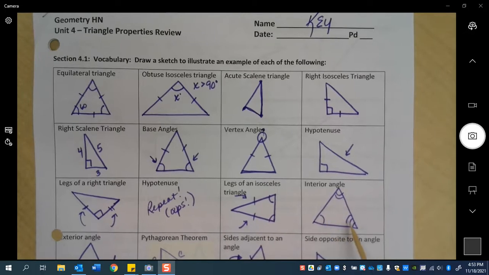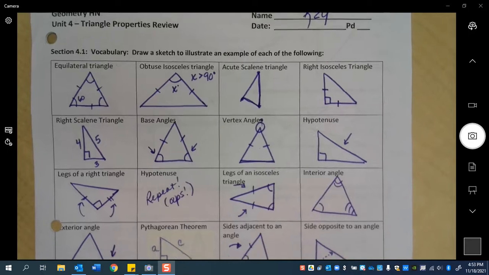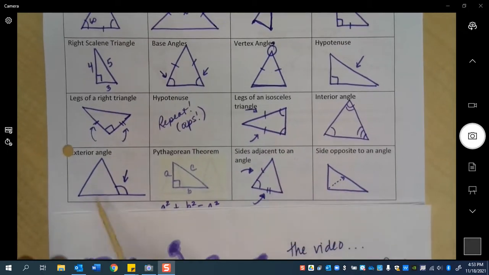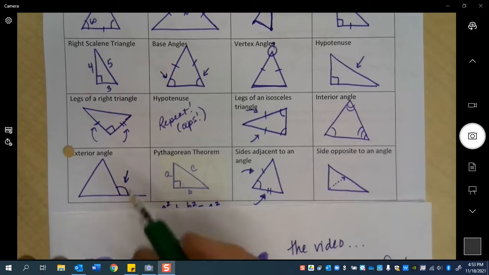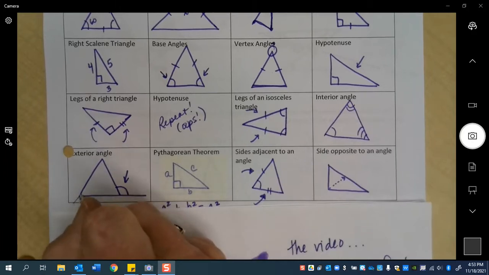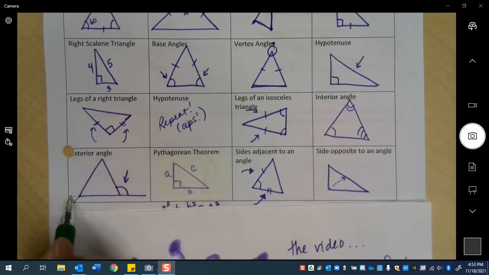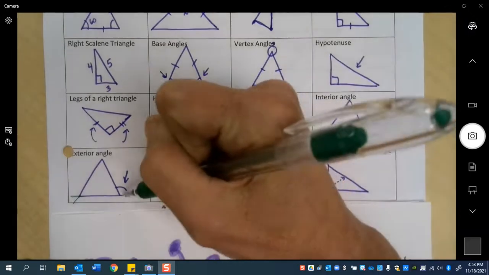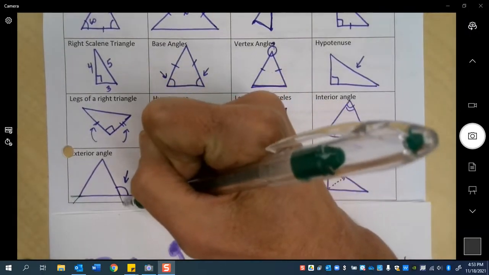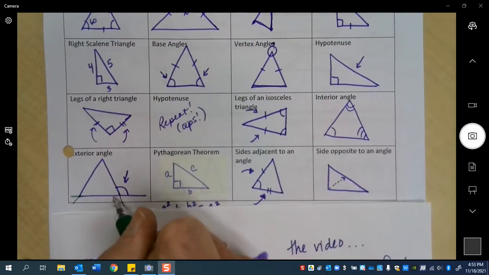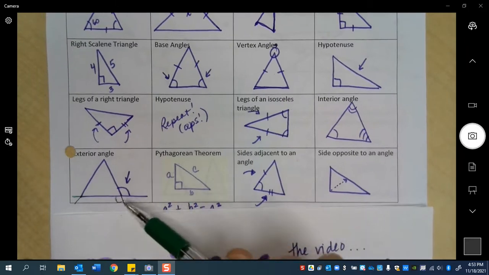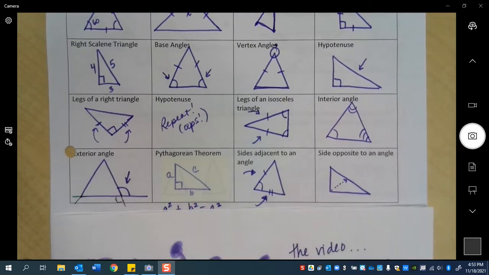Any of our 3 angles inside of a triangle are interior, and we can draw an exterior angle from any vertex. So each vertex has the possibility of extending the lines and drawing more than 1 exterior angle. The 2 exterior angles that you can draw at each vertex are going to be a vertical angle pair and